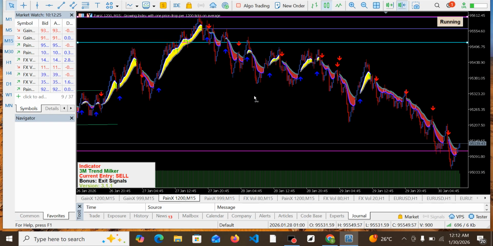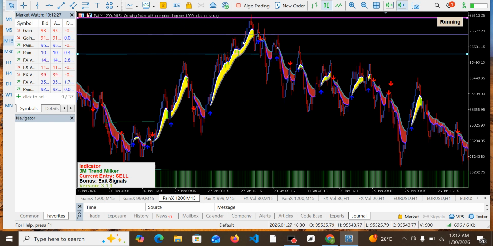For instance, this was an uptrend before, and when it got to this resistance, we realized that most of the time the trend will switch at the resistance zone or the support region, most especially when they are major ones. So this was an uptrend, so definitely the resistance zone is what we should be targeting. And when it got to the resistance zone at this point, it switched because it was unable to break out above the resistance zone. It switched into a downtrend, and immediately that happens,